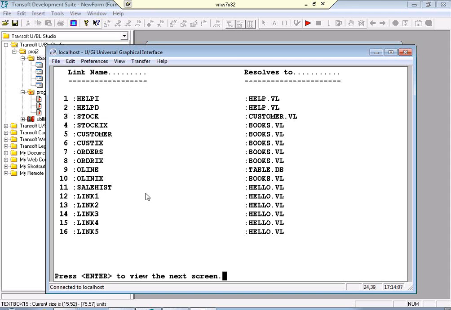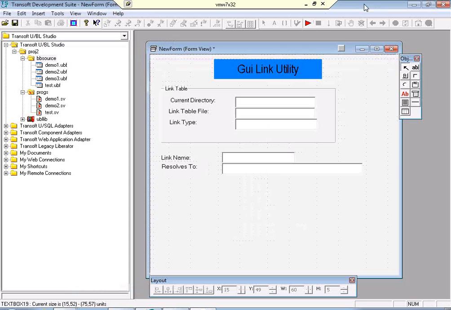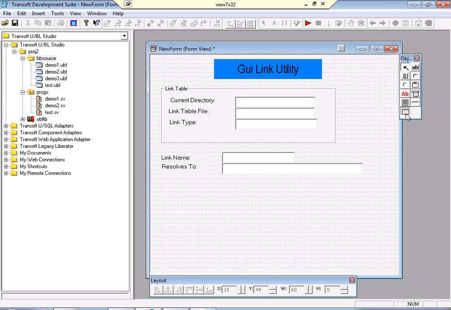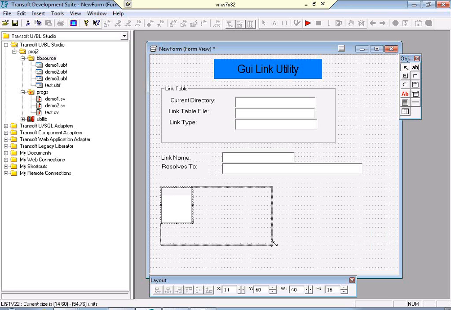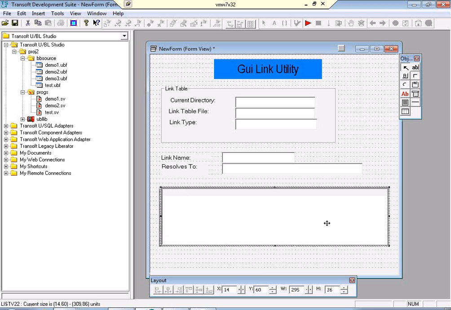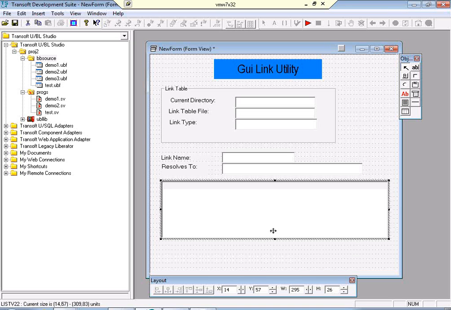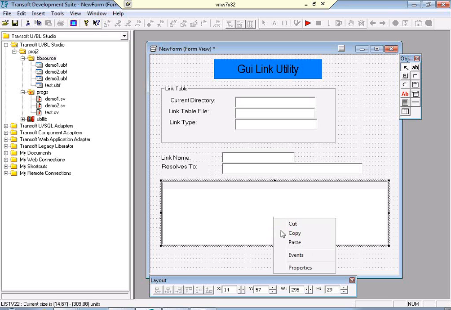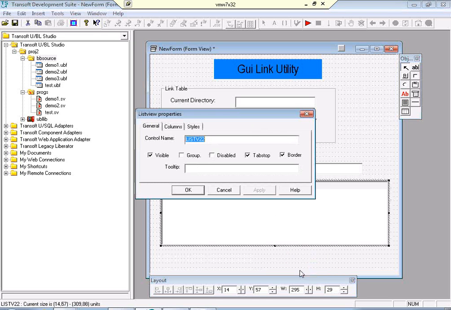The first option here, you can list all the links. So I need to have some way of listing all the links available to you. So in the GUI form, I'm going to use a list view control. This is a new control that's been added into UBL 520, so you will need UBL 520 for this to work. But I'm going to use this to store all the links. So I'll go into the properties, I'll call it list links,